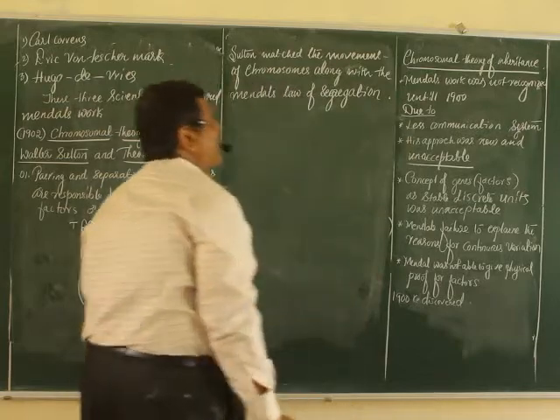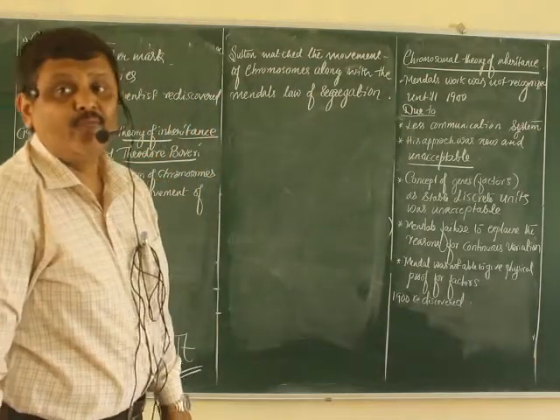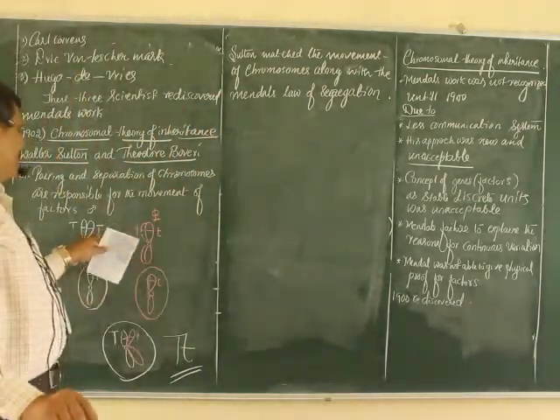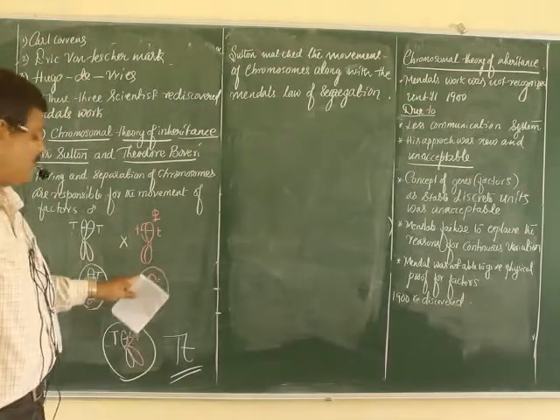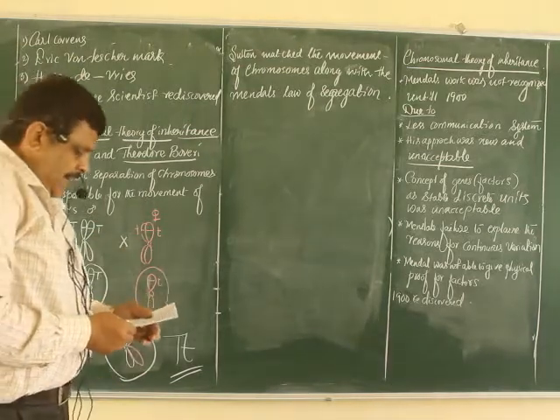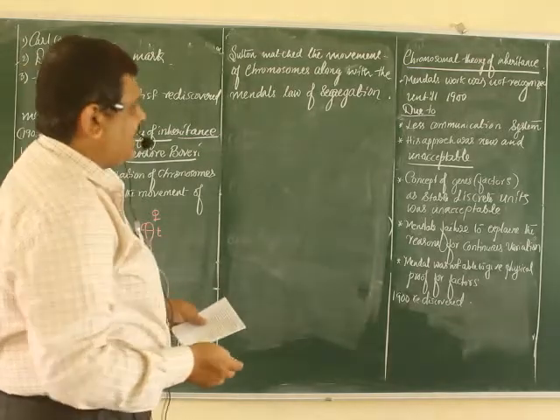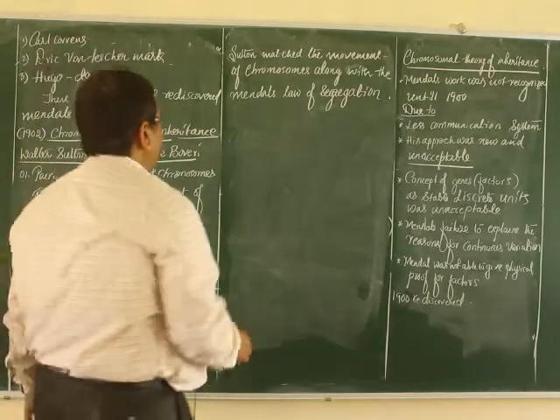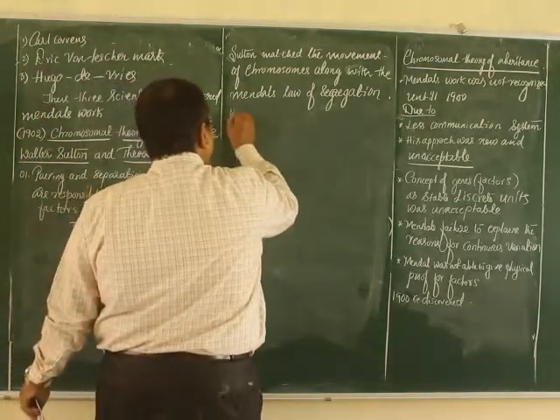So he compared his idea of movement of chromosomes with Mendel's law of segregation, which I explained here. And he gave some postulates. It states that